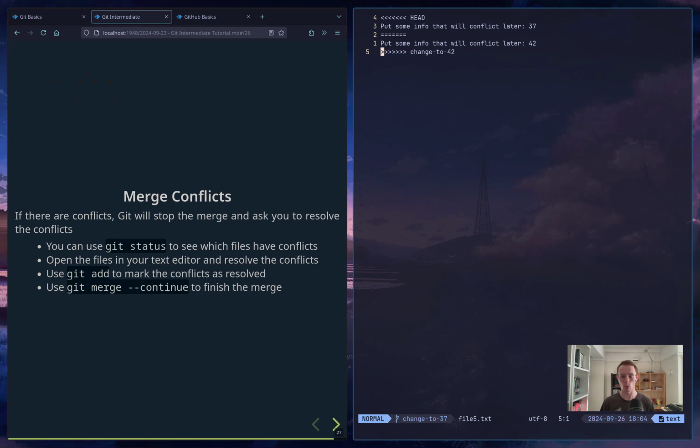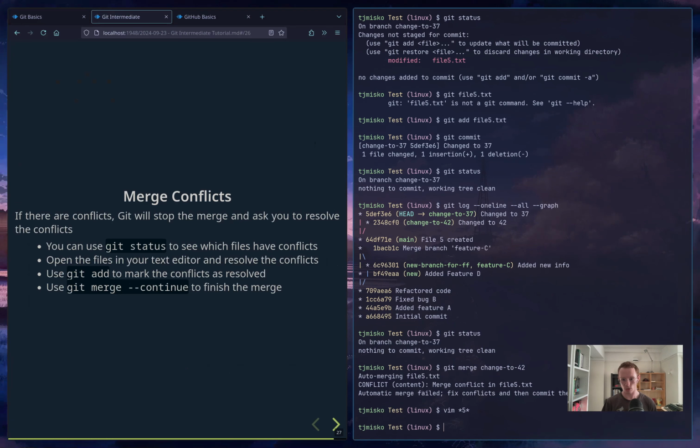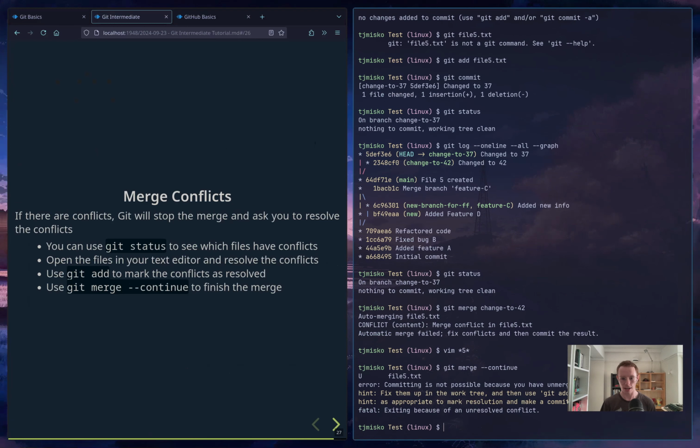So which do we want it to be? Well, obviously 42. 37 is a silly number. 42 is the answer to life, the universe, and everything. So I'm just going to delete those lines, hit write, and then type this command. I'm going to type git merge continue. I have now told Git how to fix the conflict, and now it can say,